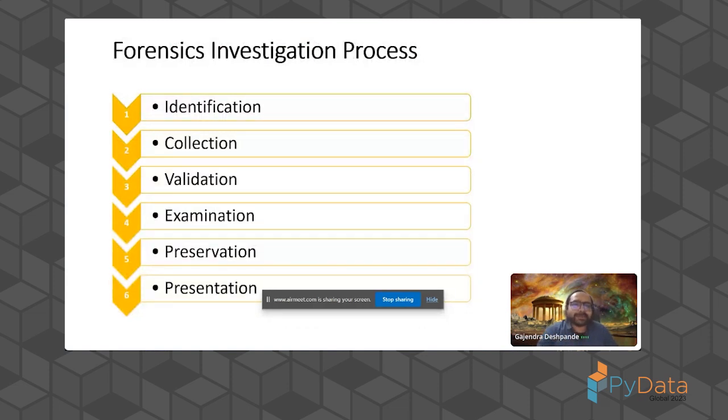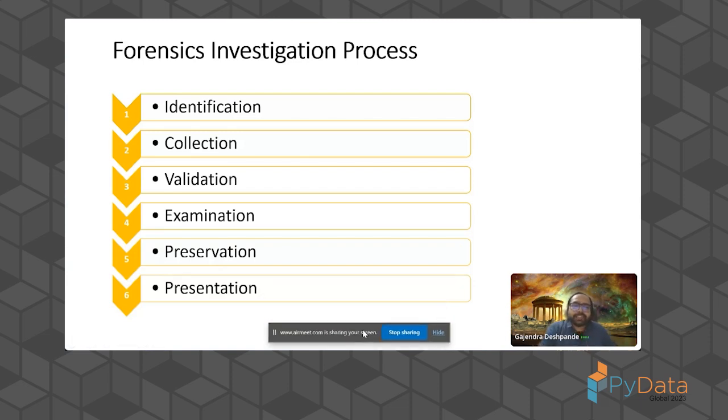Yeah, thank you. So let's start the discussion with the forensic investigation process. There are basically 6 steps. First one is identification, then second one is collection, third one is validation, fourth one is examination, fifth one is preservation, and finally presentation. What happens in the identification step is that investigative officers visit the crime location, the crime scene,